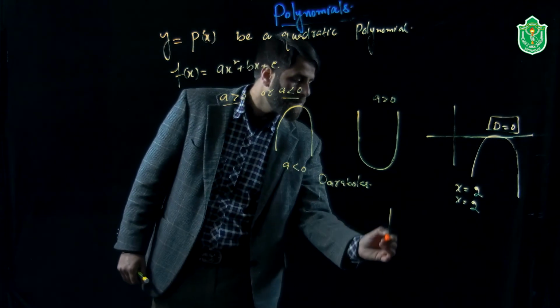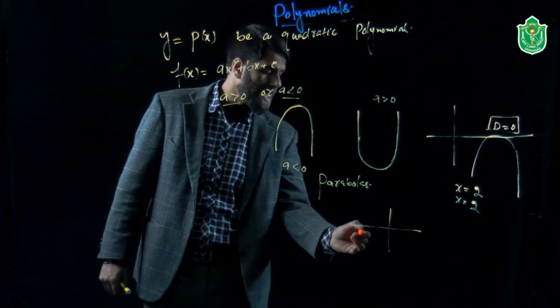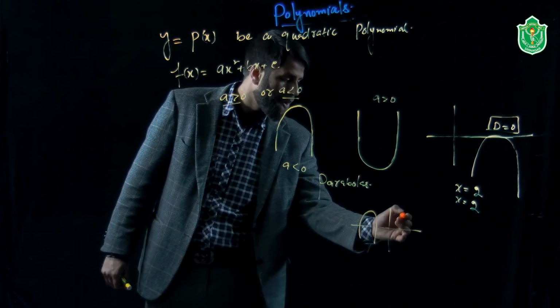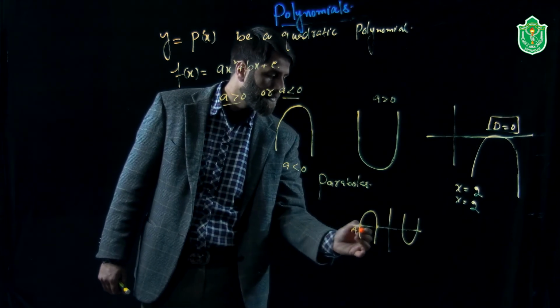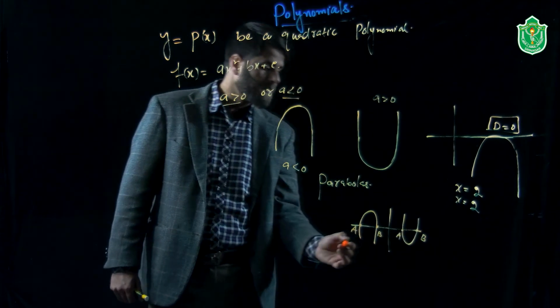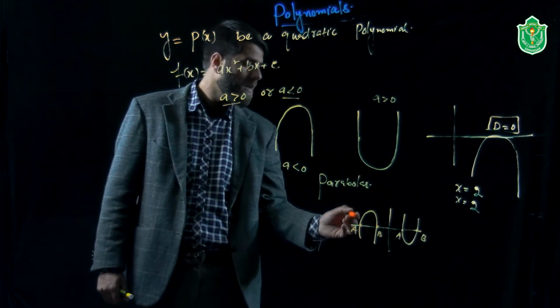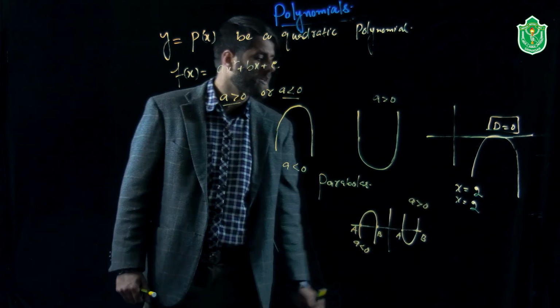But in terms of 2 different zeros, they will intersect the x-axis exactly at 2 points, like this or like this. This is point A, this is point B. And this also point A, and this is point B. This is case downward parabola. It is a less than 0. This is another case, it is a greater than 0.